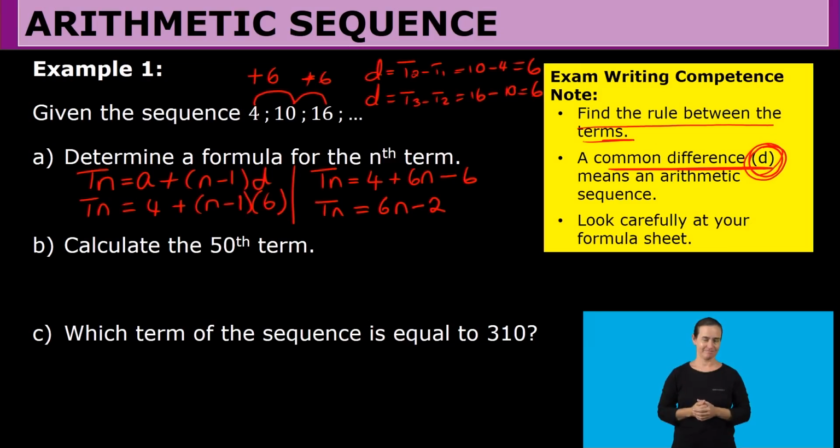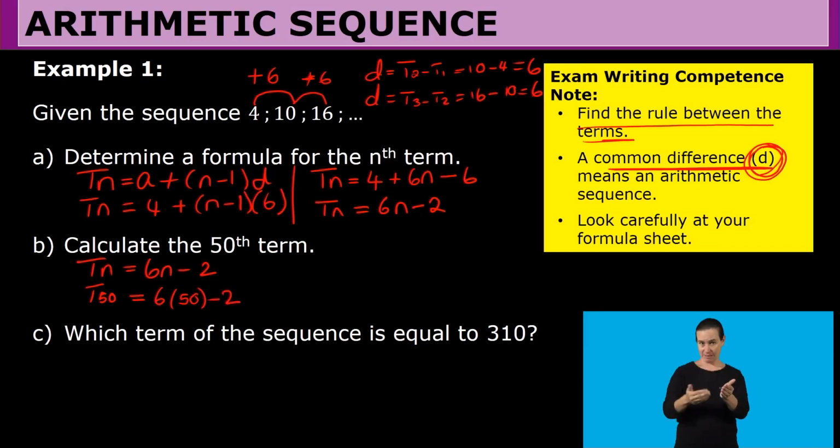Let's look at the next question that says, calculate the 50th term. So now that we have our Tn, we know that our Tn is equal to 6n minus 2, as we've just calculated. And now we are being asked to calculate the 50th term. That is term 50. So now we know that we are given the value for n because n represents the term numbers. So that means that we are going to substitute 50 in the place of n. And of course, when we say 6 multiplied by 50, that gives us 300. And when we minus 2 from that, that gives us